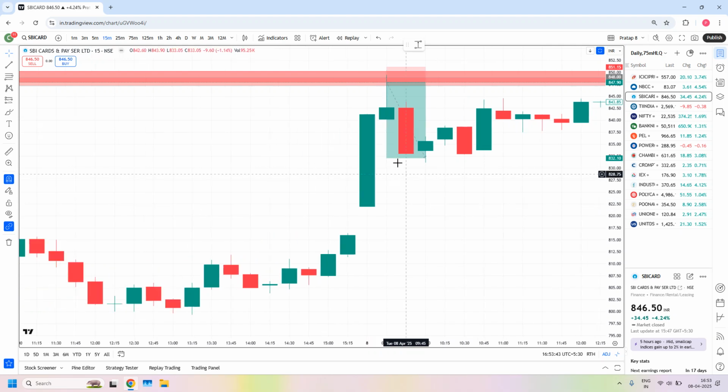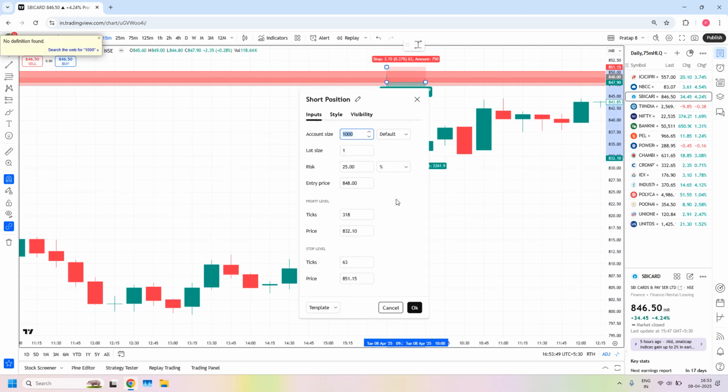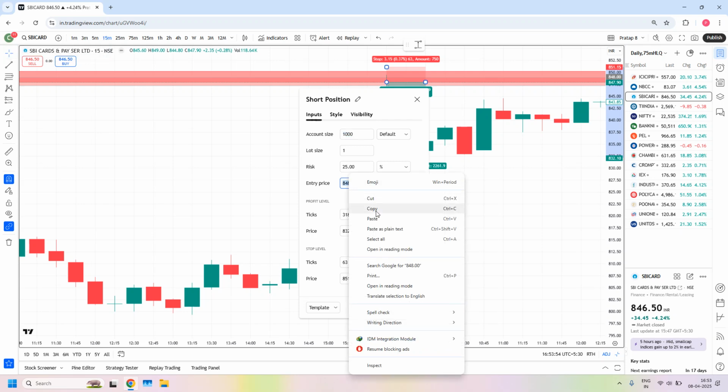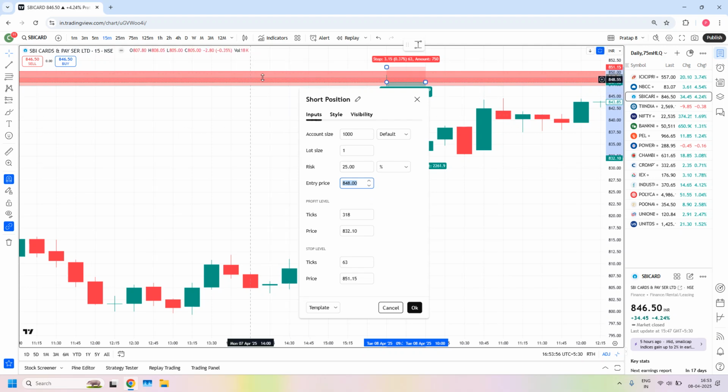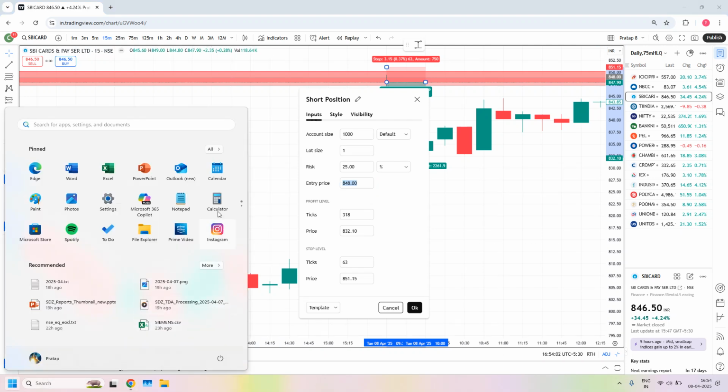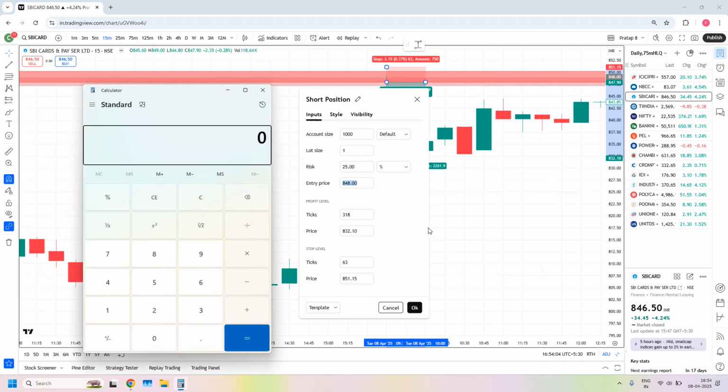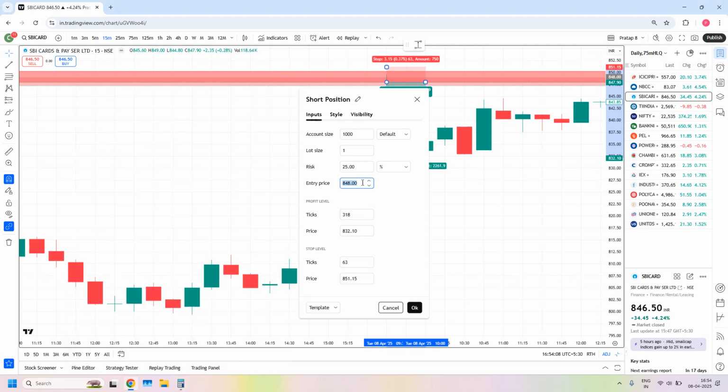Suppose you would have taken a trade in this stock and exited at 1:5 RR, what is the profit you would have got? So what is the entry? 848 is your entry. That is the 5 minutes lower time frame zone horizon, that is the entry. And what is your profit? Till 1:5 RR, the profit is